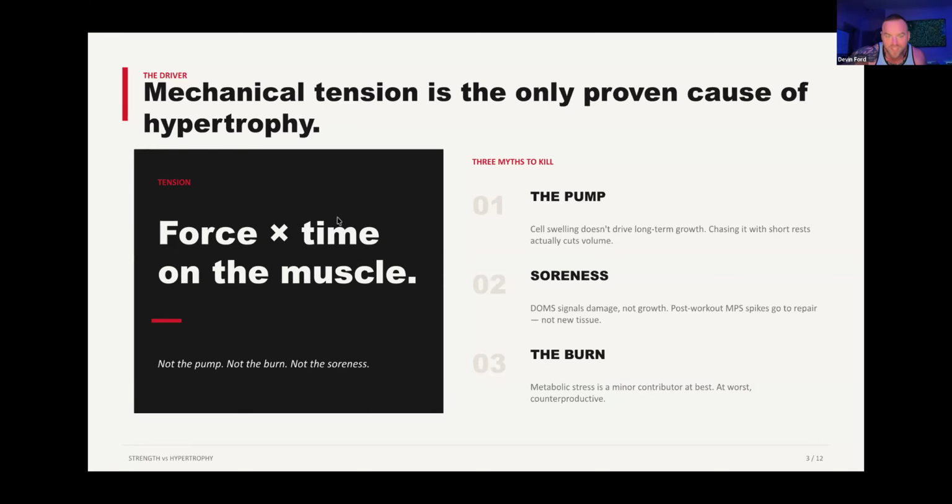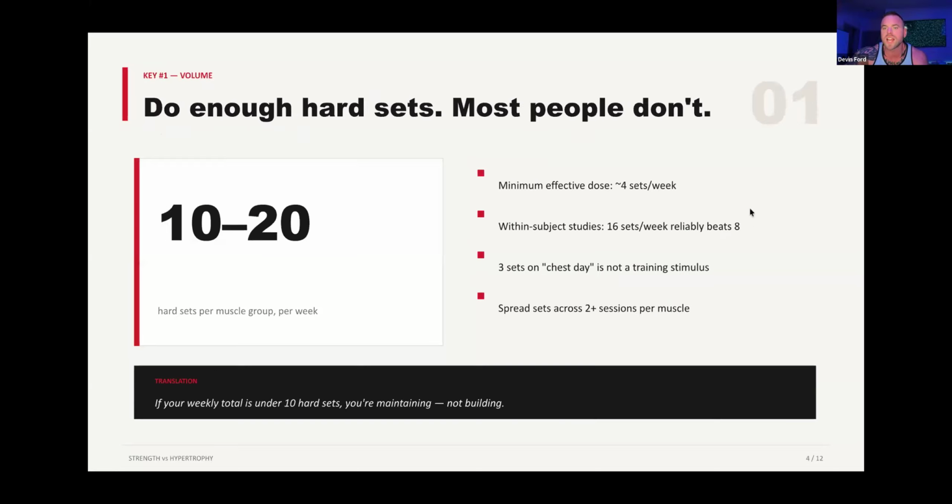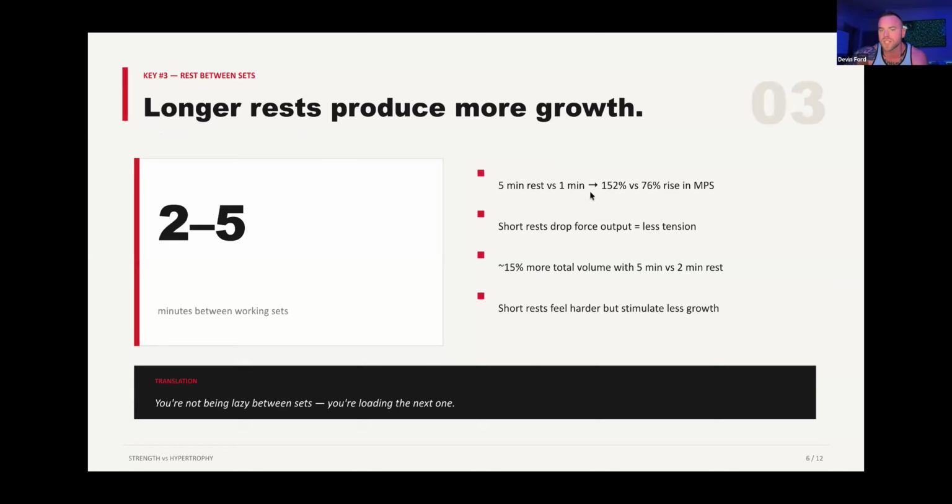200 pounds for 10 reps. That was me going to failure, right? And then I come back a minute later and I keep 200 pounds, but I only did 2 reps, right? Because I wasn't recovered enough to get the same equation. You're never going to get the same exact thing, especially if you went to failure. But if I did 200 pounds and I got 8 reps, that is dramatically better than doing 200 pounds for 2 reps because I only rested a minute, right? So the difference that has on muscle growth is substantial.